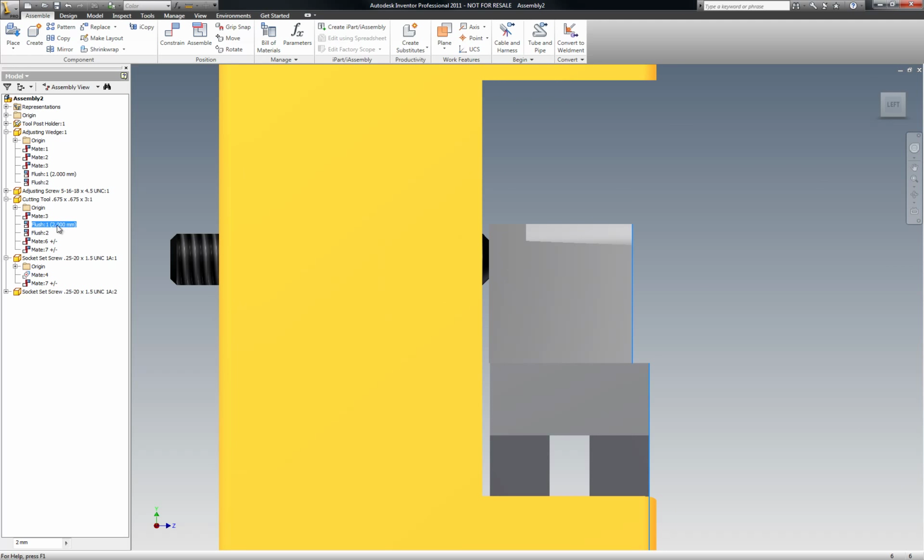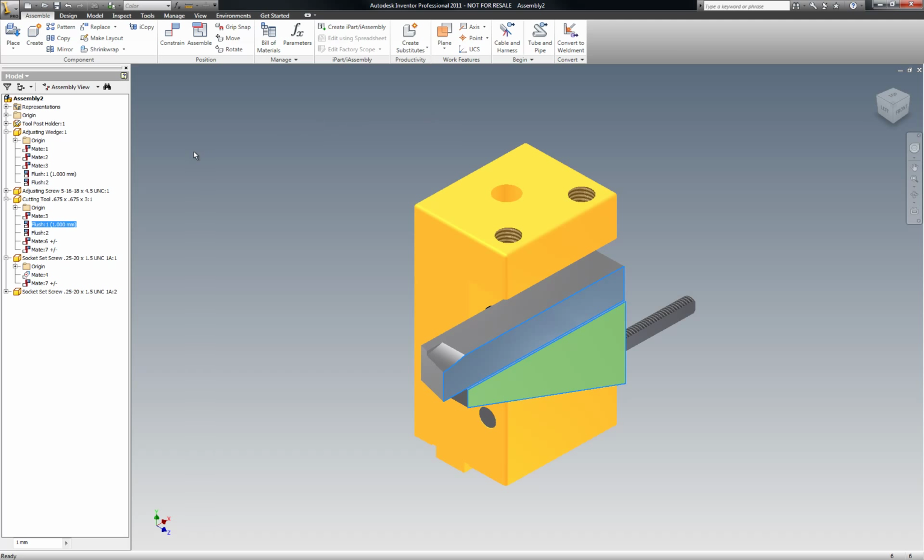So again, I'm going to pick this, and I'm going to go down here, and we can just watch it, 1 millimeter, and hit enter. It just moves beautifully. Okay, so that's right where it should be. It's right in the middle of my wedge. I really like that. Okay, so let's go around top here again, and hit escape, and let's go place,